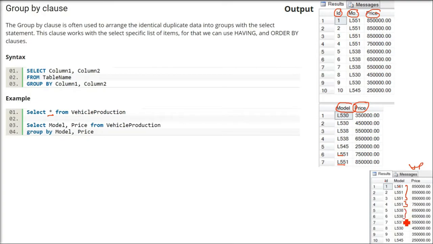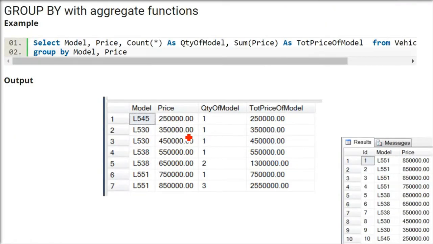Coming to L538, there are 2 rows, 5th and 6th, which are repeated, so only one will come, but L538 with 5,50,000 will come only once. L530, the prices are different, so they will both come. And L545 has only one entry, so it will also come. I hope it is clear: the first group is model, the second group is price. But this model and price have come from select, coming from the table.